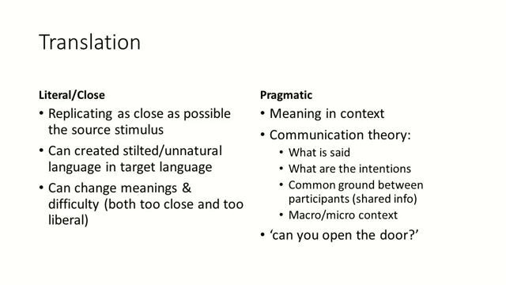The problem with that is it often can create very stilted, unnatural language in the target language. This is often also, if you think about Google Translate, it can be horrible because it just takes a word and then just translates that word into a second language without really thinking. Google can't think, obviously, but without taking the larger meaning, the larger context, into consideration. So close translations can be very, very